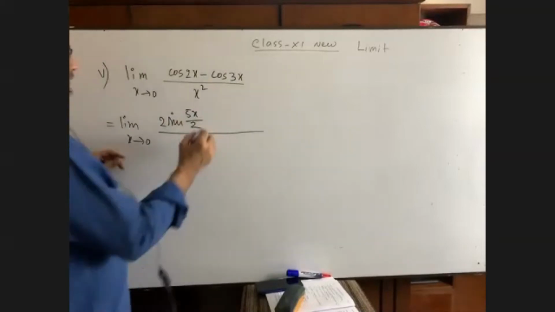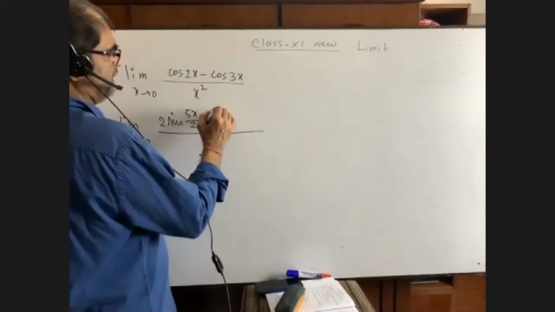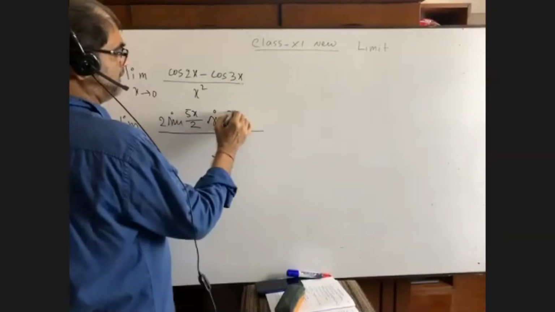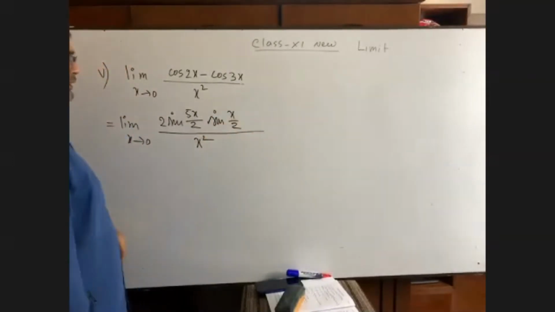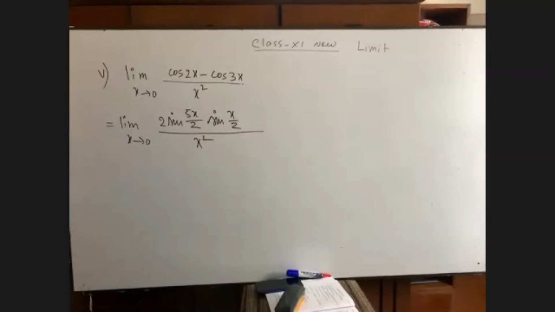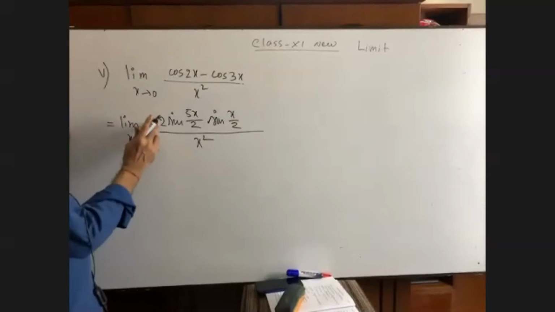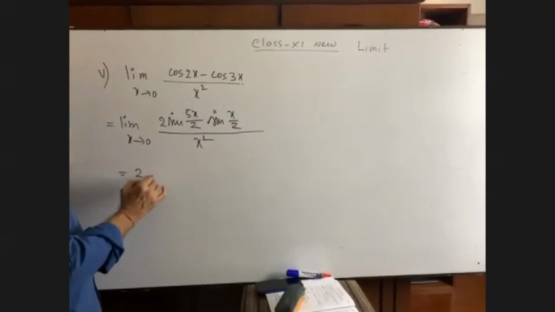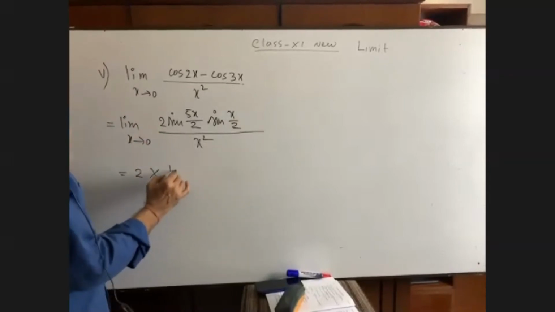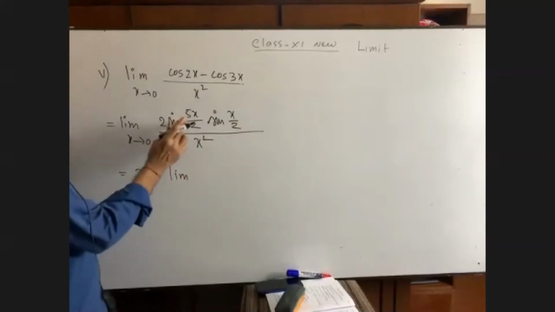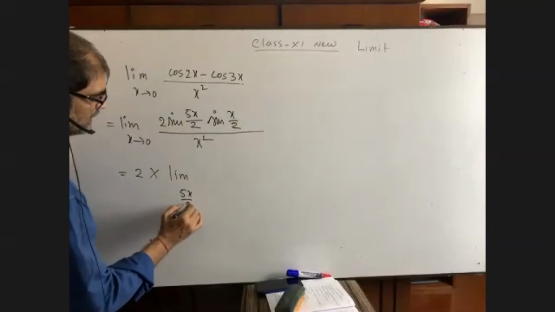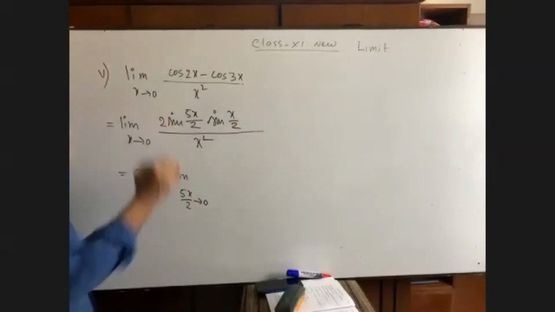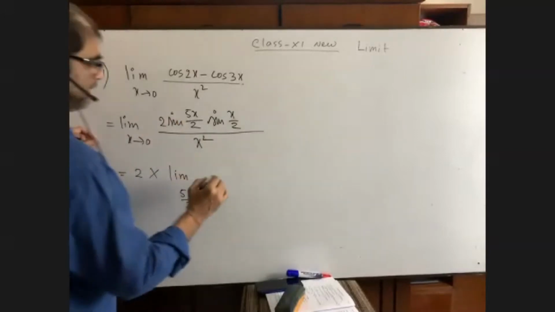Then sine 3x minus 2x, x by 2. Now it is x square. Actually, we are done. Here there are two functions. I told you, write down 2 into limit. Here theta is 5x by 2. In this way, write down 5x by 2 tends to 0. Then we are getting